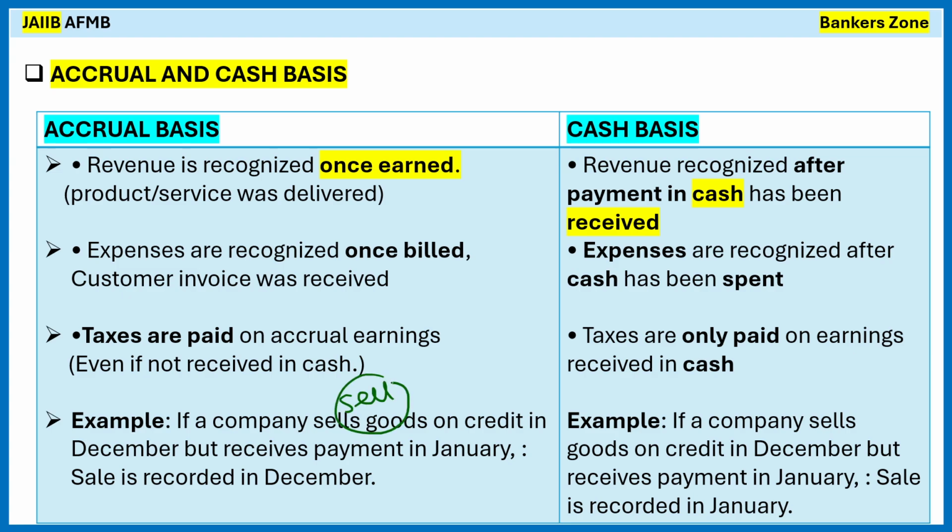So it is very, very important to note that the selling month is recorded as revenue in the case of accrual basis. However, the month in which you receive the payment is recorded as revenue in the cash basis. So two things: in the case of accrual basis, when the sale happens is important, and in the case of cash basis, when the payment is received is important. Just to compare, so you can easily recognize it.